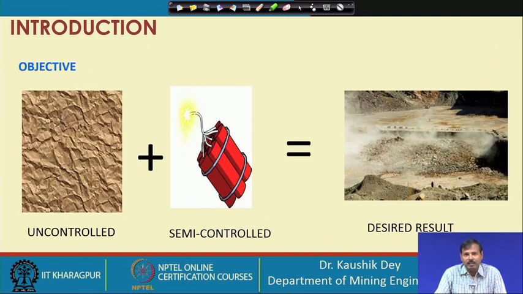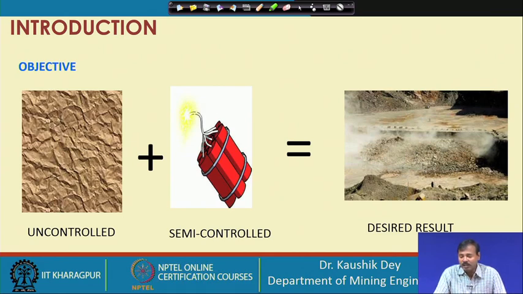Obviously the user has the right to purchase the right explosive, but often the decision may be made from the headquarters, or a bulk of explosive has already been ordered or purchased. Now, you are forced to use that explosive, and it may be possible that on that location the explosive may not be suitable enough. So, the explosive is semi-controlled, the rock is uncontrolled, but as the blast designer or the blaster